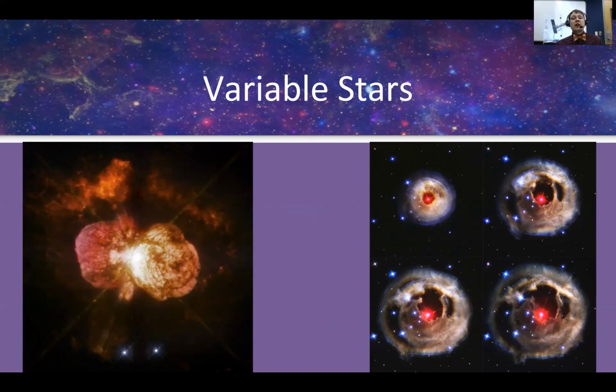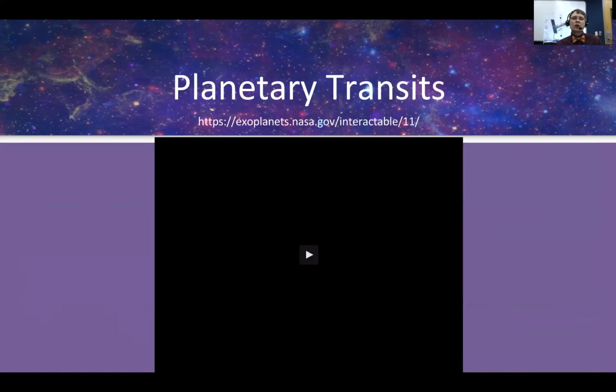I say the event happened about 15 years ago. I should clarify, we saw the event about 15 years ago. It actually happened 15 plus however many light years Monocerotis is away. But that star changed dramatically over the course of months and continued over the next few years as well.